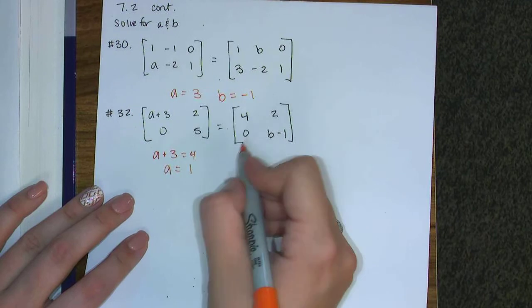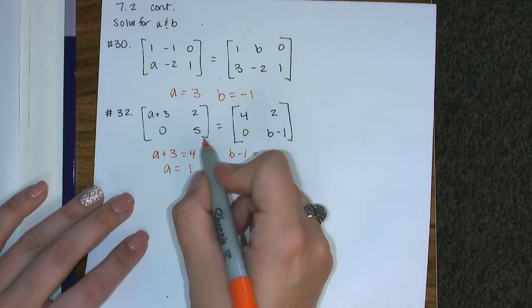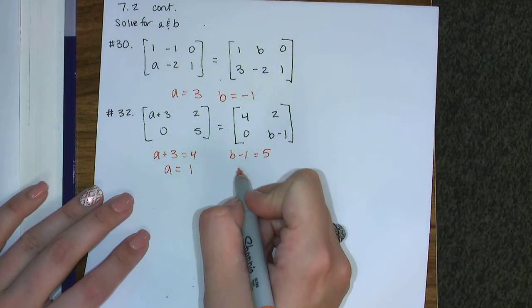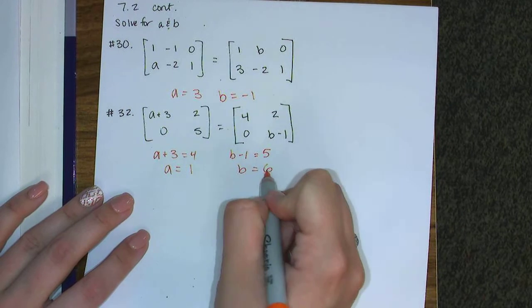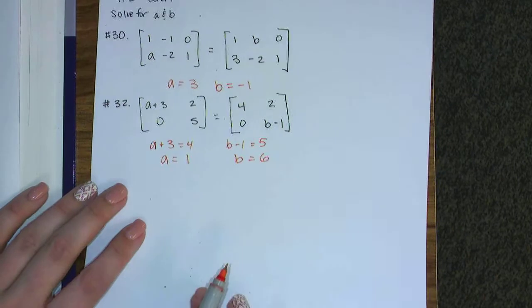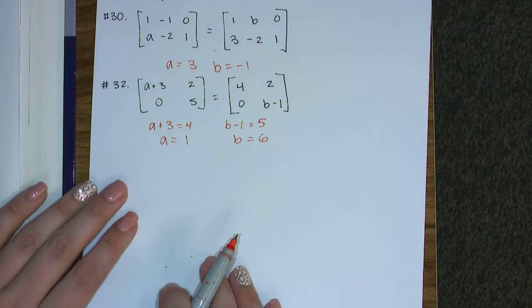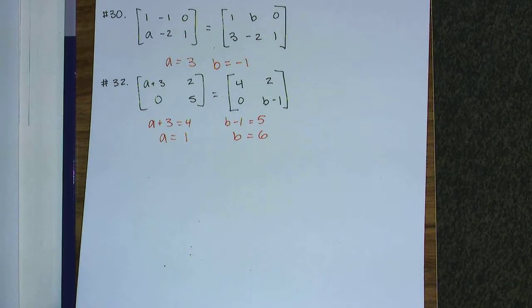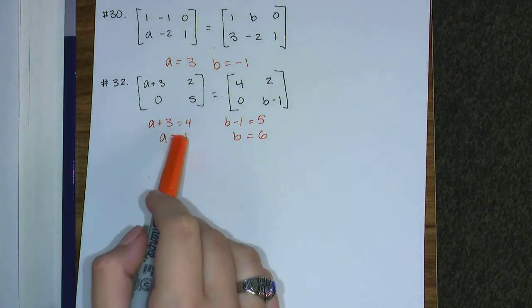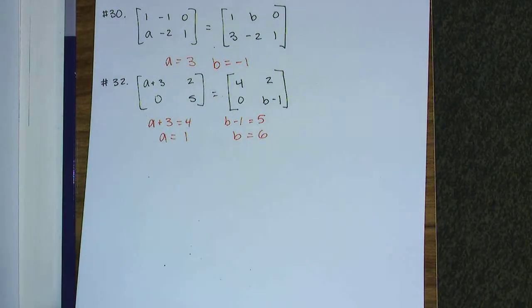And then B minus 1 is equal to 5. So B is equal to 6. And that would be your answer for that one. So really pretty easy, just one more little step that you have to do. And you could really leave out that step of writing this. I'm just doing it so you see it. But you guys are smart enough to be able to see that. What minus 1 is equal to 5? I think you guys can do that. So